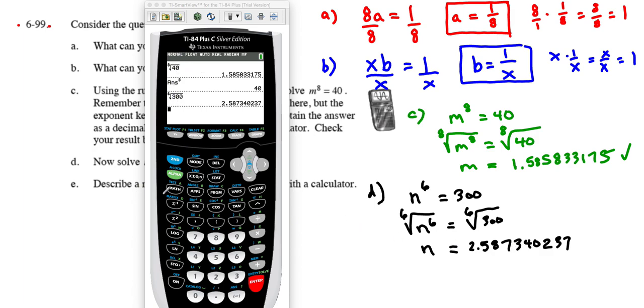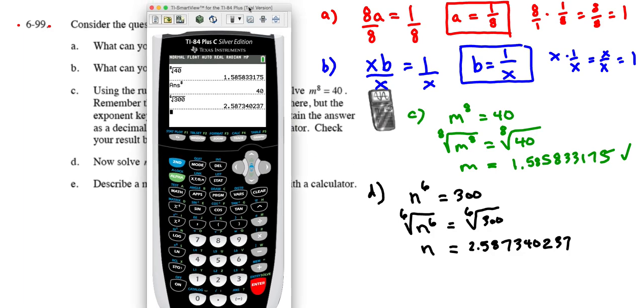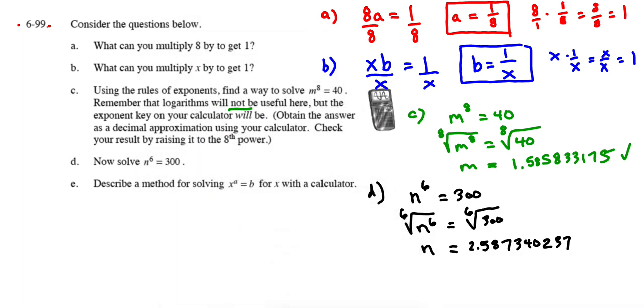And last but not least, let's go ahead and do E. Go back to red for this one. It says describe a method for solving x to the power of a equals b for x with a calculator. So in order to solve something like x to the power of a equals b, I have to write out a little bit here. So to solve x to the power of a equals b for x, we must,